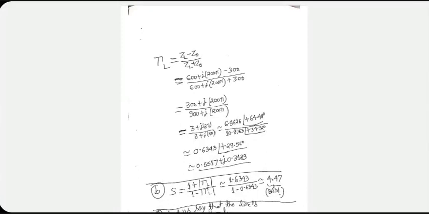But it's worth spending an extra 30 seconds to 1 minute on checking the calculations. Again, it's a good idea to use polar representation for division. So the answer that I got for tau L is 0.6343 magnitude and 29.56 degree angle. Phi is 29.56 degrees. Phi is the angle of the reflection coefficient. In rectangular form also I have done the calculation. We may or may not need it.